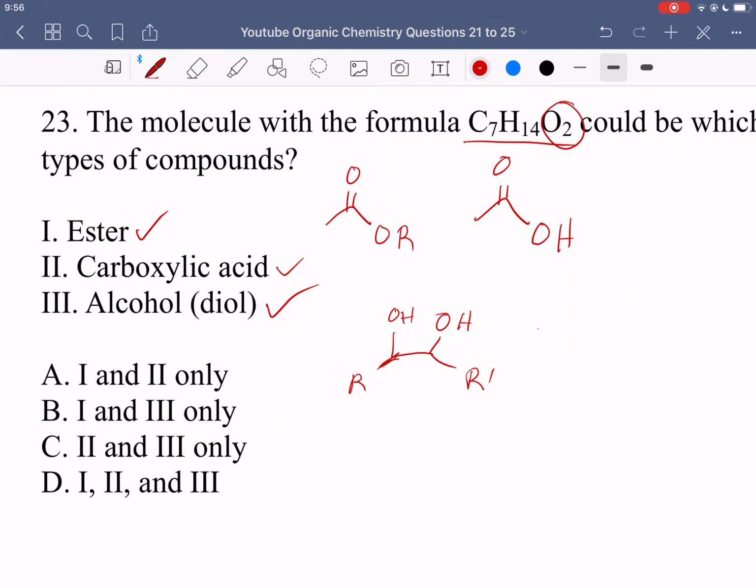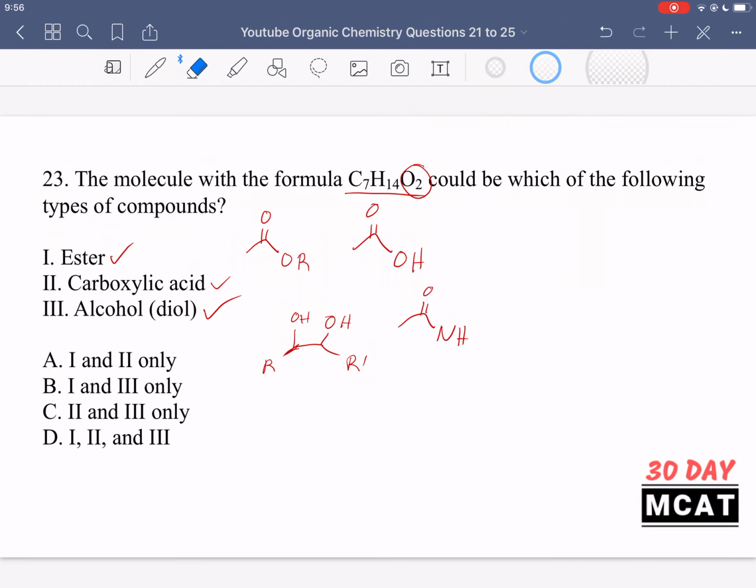So for example, if one of the options was an amide, then you know that because there is no nitrogen in the chemical formula, that is not a functional group that you can reasonably make. So just try to think about these things with that logic in mind. And then the actual answer that we have